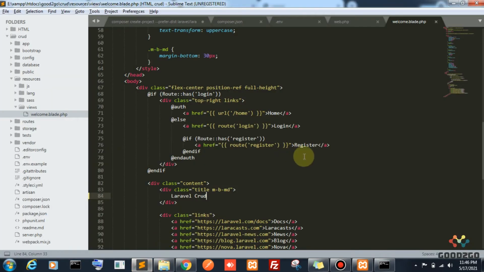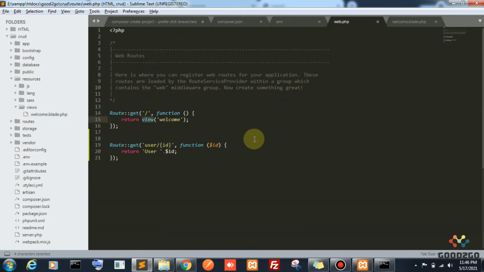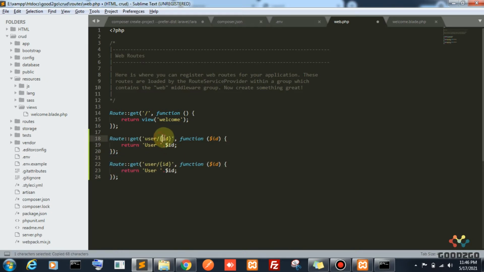Okay, we are going to follow the same thing only. Now I am giving an example with the parameter also. Okay, so whenever I am giving this user slash, this is the parameter thing. We can pass a parameter. Otherwise, we can use this also, user slash view.